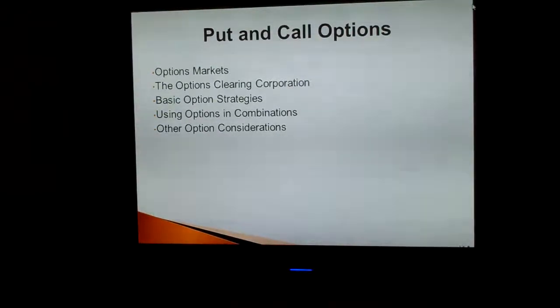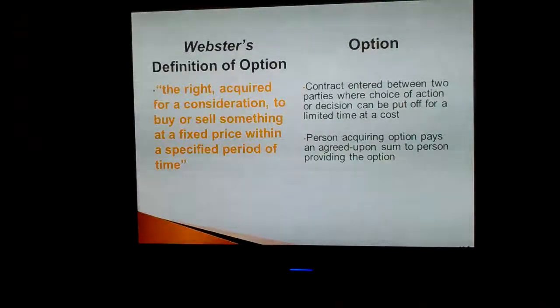Okay. Put and call options. So option markets, the options clearinghouse, basic option strategies, and using options in combinations and other option considerations. Okay. So what is an option? The book and the slides give the perfect answer. It's the right acquired for a consideration to buy or sell something at a fixed price within a specified period